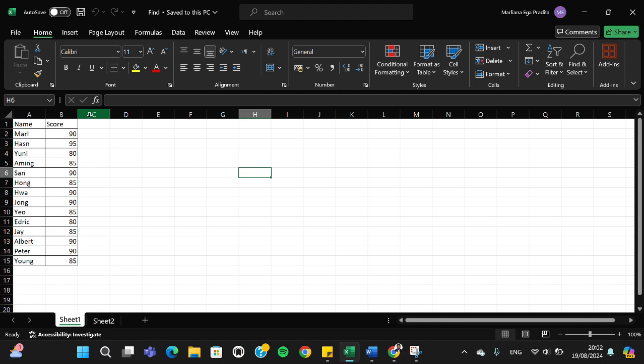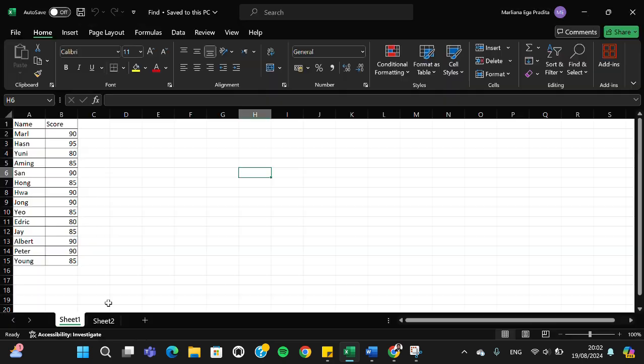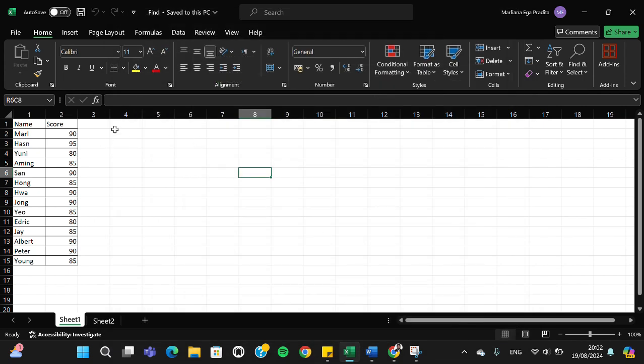And if you want to get back the numbers, you can just do the same step. Just go to file, go to more, select option, go to the formulas, and you can check this option and you will get the numbers back on your column heading. Alright guys, and that's all the way to change column heading from numbers to